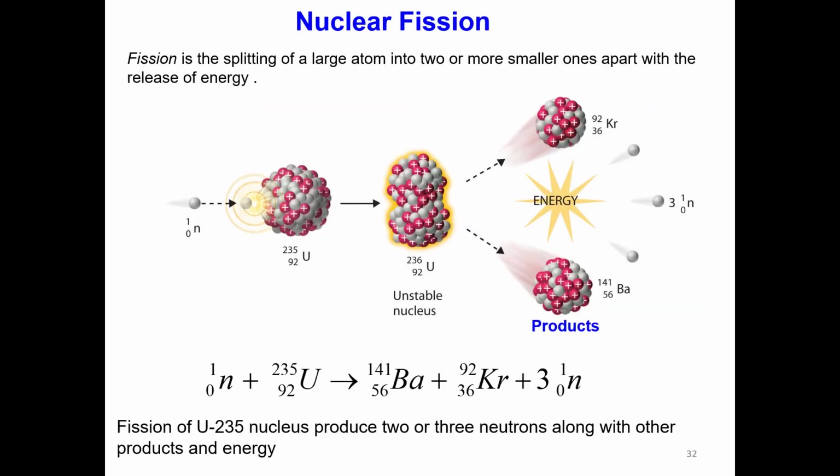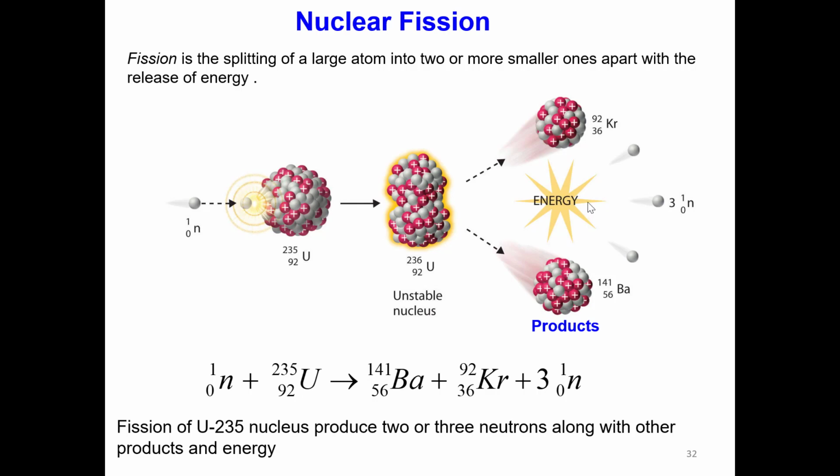In some cases, nuclear fission occurs naturally, but in a nuclear power plant, the fission reaction occurs in the nuclear reactor when a neutron hits a uranium nucleus and makes it more unstable. Because of that, the uranium nucleus splits into two isotopes, in this case krypton and barium,